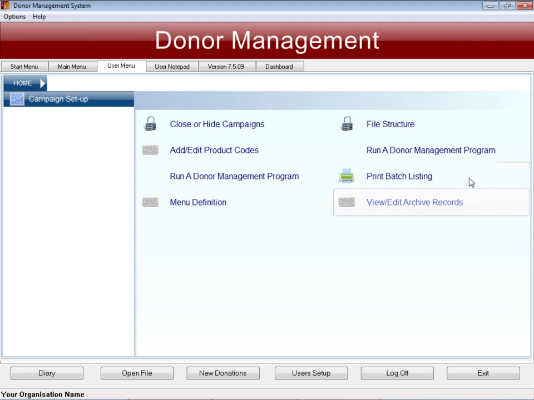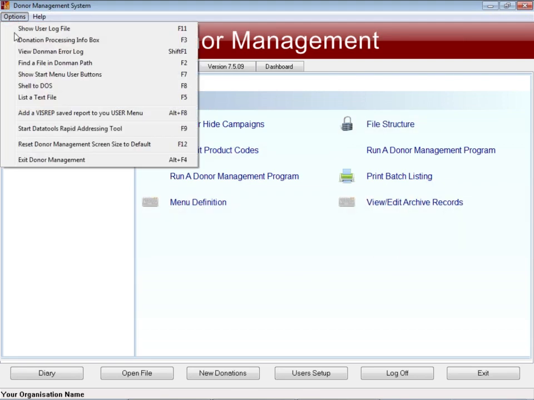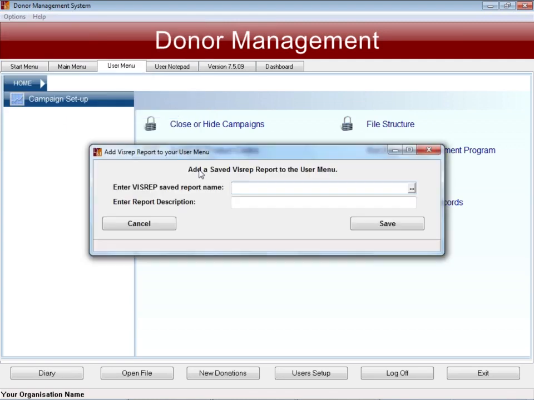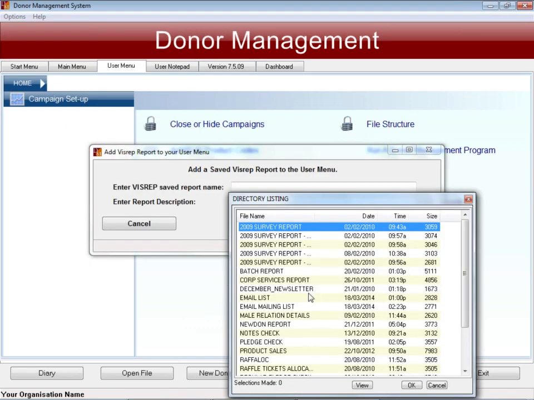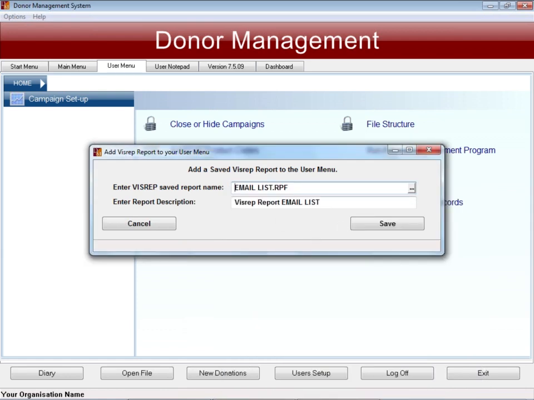So in this case, I haven't got any of these saved VisRep reports on my user menu at the moment. So if I go through Options, Add VisRep Report, I've now got the Browse button at the top here, and you can see just about every report that you've generated. In this case here, I've got my email list. I can get rid of the VisRep report, or if I was doing it, say, for MailChimp or something like that, then I can just say,